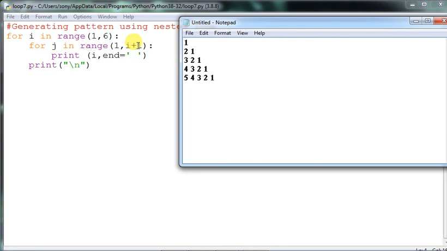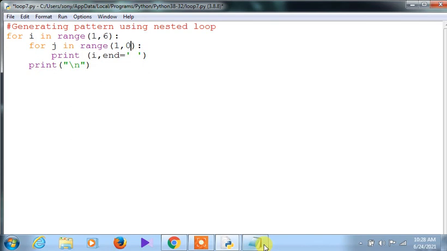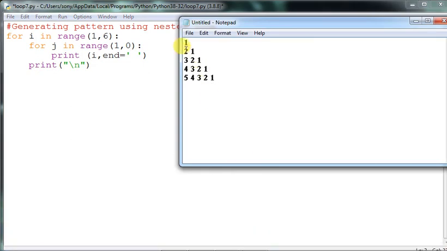That means it is clear from here, we have to give out here 0. And as it has been given out here, where is this value coming from? This value is coming from the outermost loop, because once the innermost loop has completed its rotation, it goes to the outermost loop. So this value which has been changed 5 times out here has to be taken from the outermost loop.